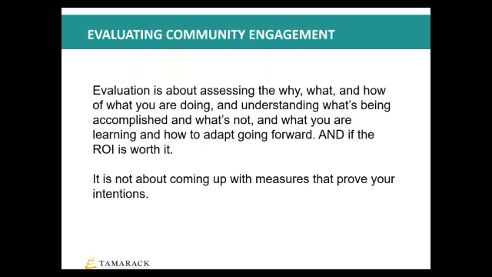Great. Well, thanks so much, Lisa. It's really a pleasure to join all of you today. We seem to have lots of interest in this topic from the wide network of Tamarack members. It's interesting to think about evaluation in the context of community engagement. And so we like to always start presenting about this from the lens of what does evaluation really mean. And we know that evaluation is about assessing the why, the what, and the how of what you're doing. And it's really about understanding what's being accomplished, what hasn't been accomplished, and most importantly, it should be about what you're learning, how you're going to apply the learning that you have and adapt your strategies going forward,